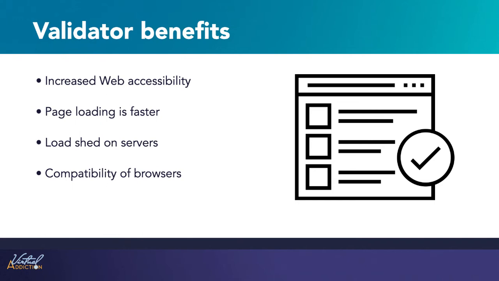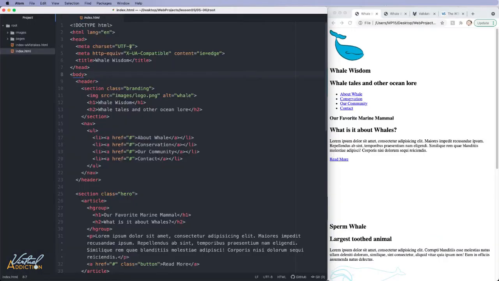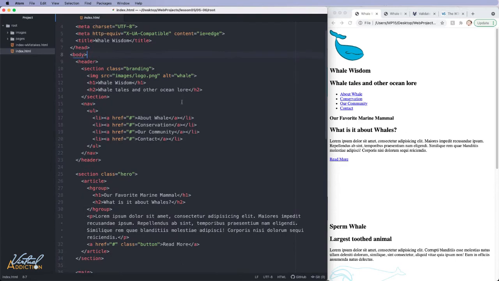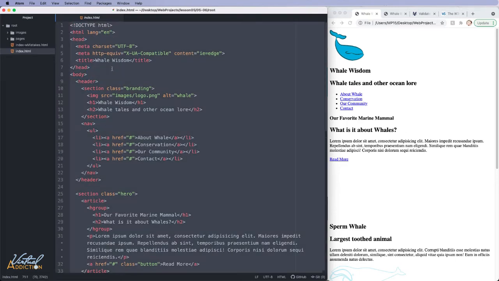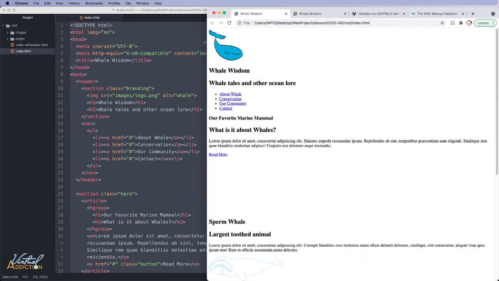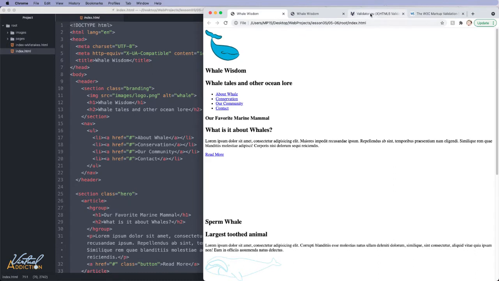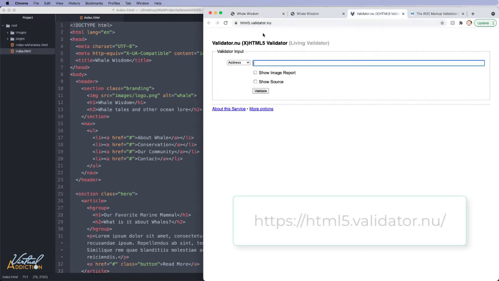Let me show you how we can go about validating our code. Here I have our web page that we built in a previous exercise. I'm going to go ahead and select all of the code on this page and copy it. There are a number of validators out there. I'm going to share two which I like with you. The first one is